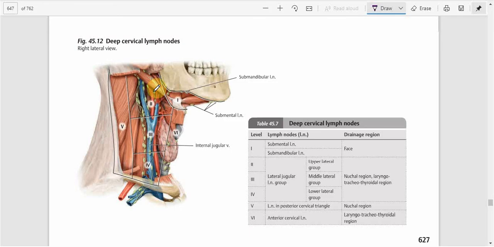right? And additionally, in addition to the tip of the tongue, the anterior part of the mouth of the oral cavity also drains into the submental, and as for the submandibular, it drains the lower gums and teeth. So the teeth and the gums of the lower jaw, and also the central area of the forehead. Touch your forehead and try to remember that also drains into the submandibular lymph nodes, even though they seem so far removed. The submandibular lymph node, interestingly, is very clinically important because of its wide area of drainage,